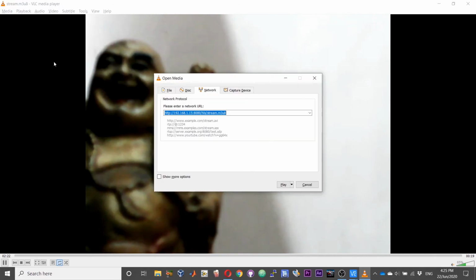As in the case with both the DASH stream and the HLS stream, you can access the RTMP stream directly. To do that, rtmp://, the IP, port 1935, /show/stream.